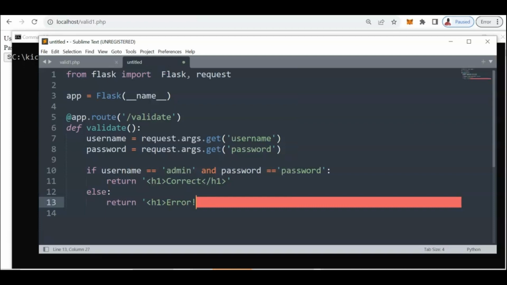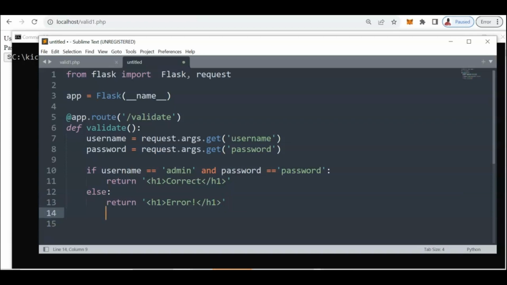Okay, close it with your h1. It's part of pairing. Okay, and it's about time that we run the main program. If name equals main, that is the main program, and then that's the time that we need to run app.run. Okay, that's it. So this is how we run the program, and once we activate, of course, the program